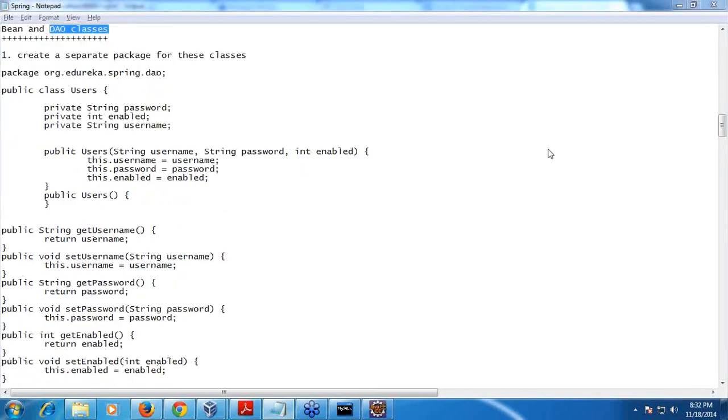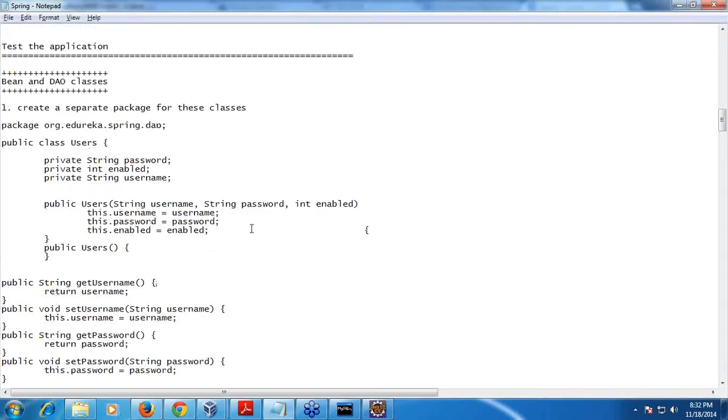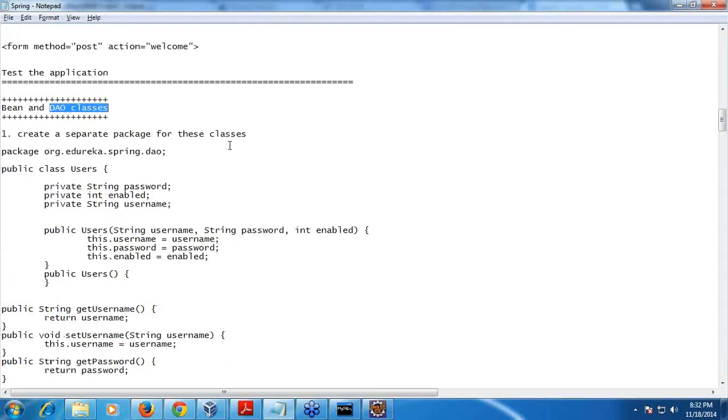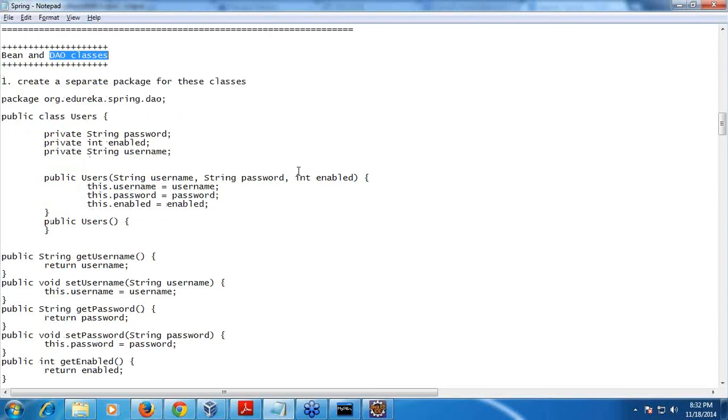Probably, what do you say? So now let me vote it. It may take another 30 minutes. So shall I continue? Go ahead, 30 minutes is okay. Fantastic, Evaristo. So Krishnan also says, go ahead. Fine, thank you very much, friends. Let me do this. So now what I show you is creating DAO classes separately, right?